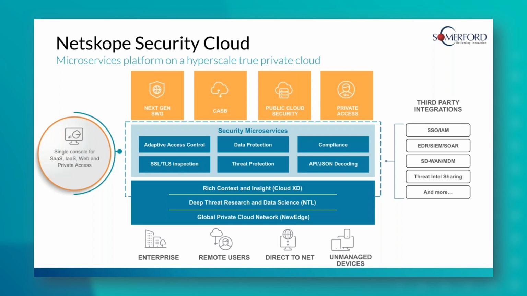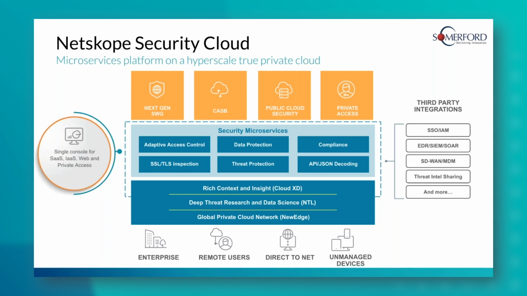So from next generation secure web gateway, some elements of CASB, cloud access security broking, also public cloud security, as well as compliance and auditing of public cloud security, which we're going to touch on later as well, which is incredibly important, and even private access. So private access, a form of zero trust essentially, which enables users to be directly connected to the services on premise or servers that they need to directly, without the need to tunnel through an organization via a